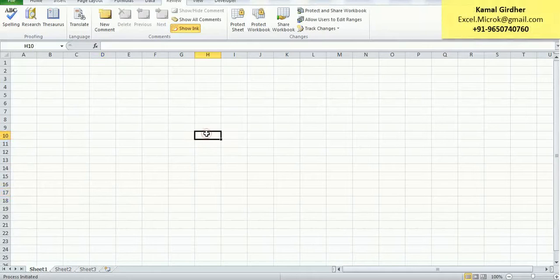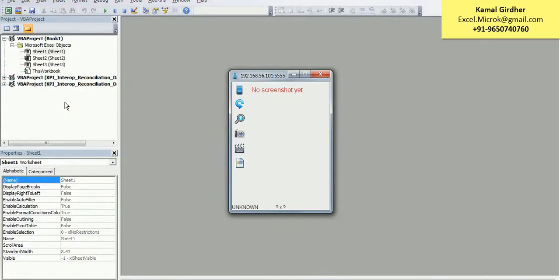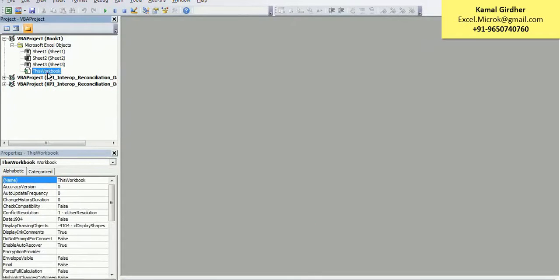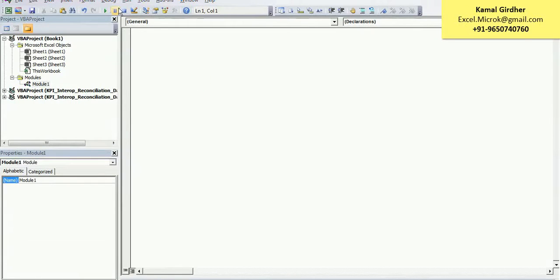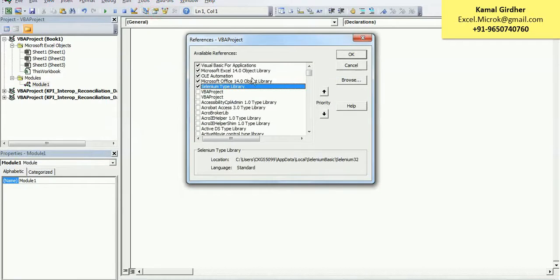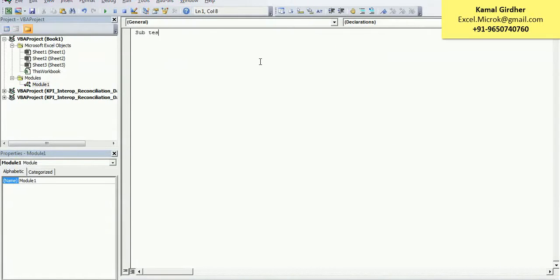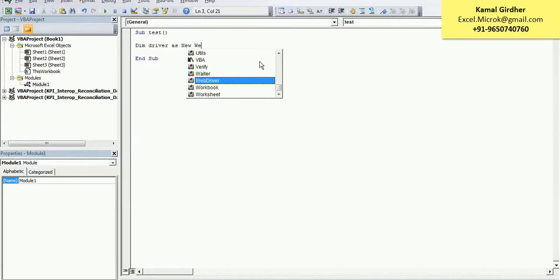So first of all, we will open VB editor and I'm going to add a new module. Make sure that you have included Selenium Basic library. Let's create a sub procedure and name it as chest. After including the library, let's create an instance of WebDriver like Dim driver As New WebDriver, and then driver dot